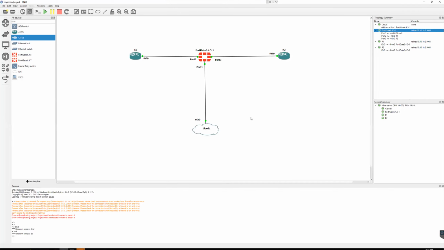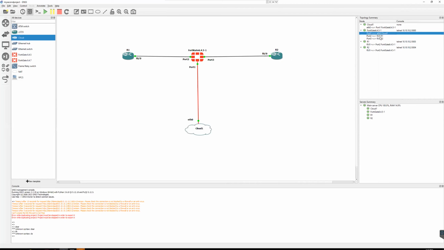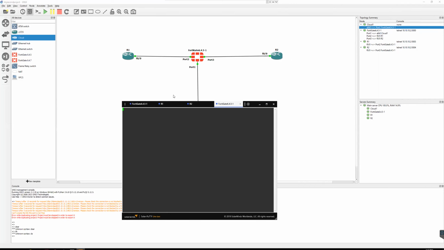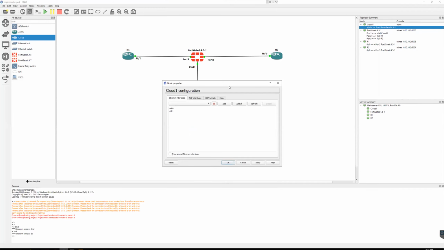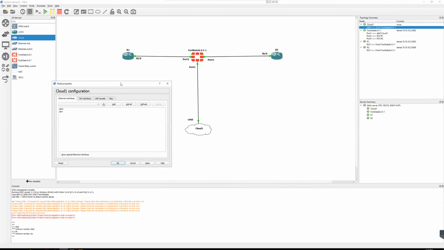Hopefully you can see my screen now. Yes. This is my setup, exactly like yours, I duplicated it. Then life is very simple. Like your R1, R2, and this is the one, and this is the issue at the moment. Can you right click on the cloud? You have one LAN card here. Ethernet 0, Ethernet 1.